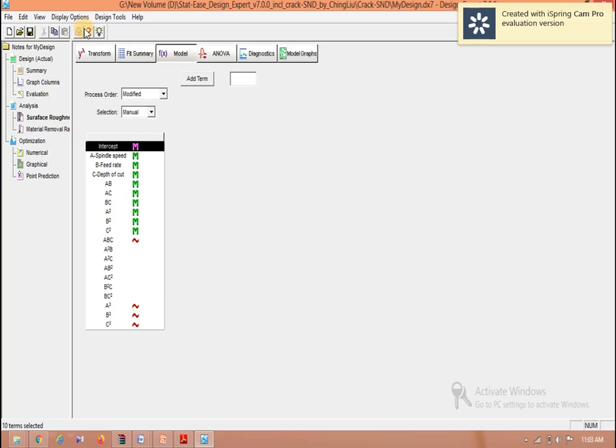Here under model we have to set the terms which will be present in our regression model. Just by clicking the terms, we can include them in our regression model, but after selecting these terms, we have to go to ANOVA and check the adequacy of the regression model.